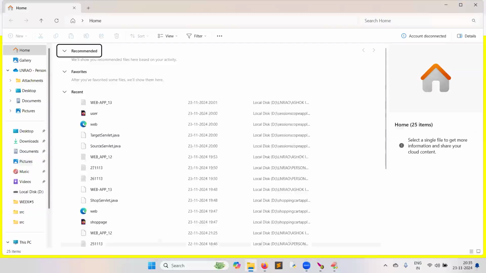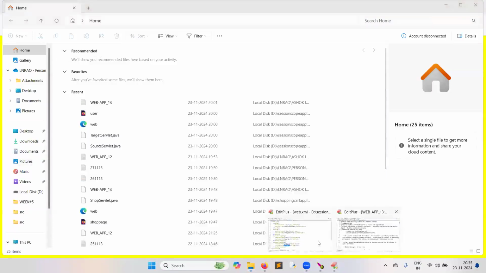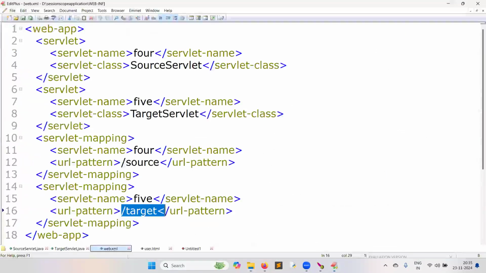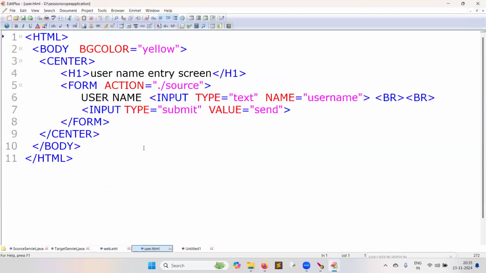How to generate this HTML? This is the input screen. Form created. Action is equal to dot, which means current application, /source.